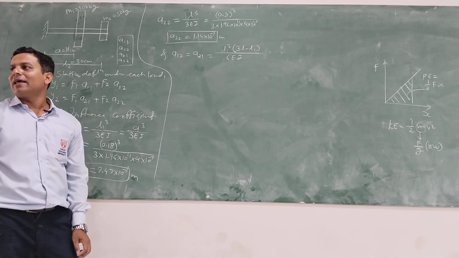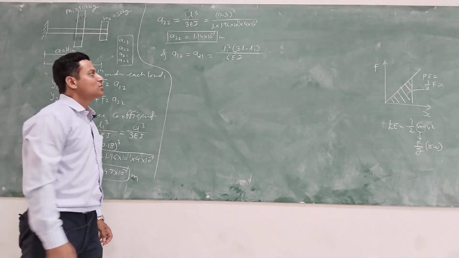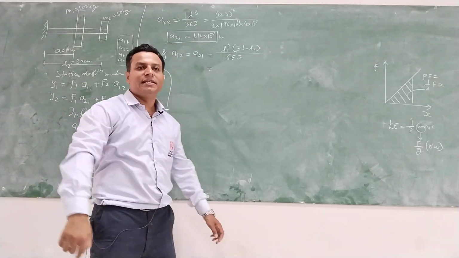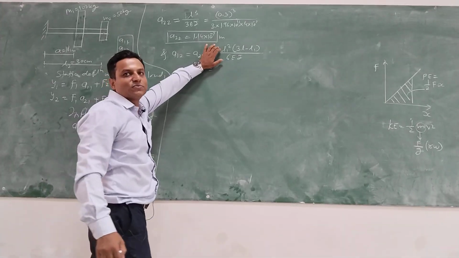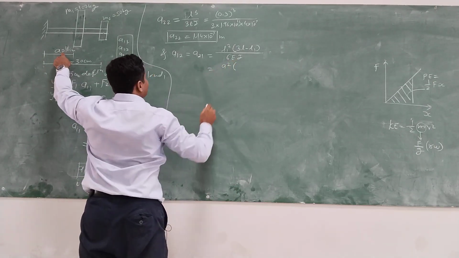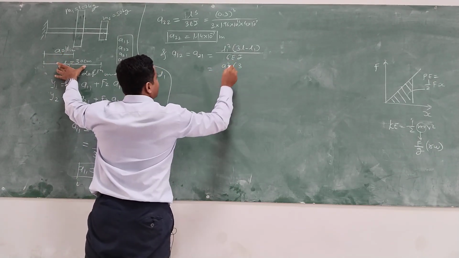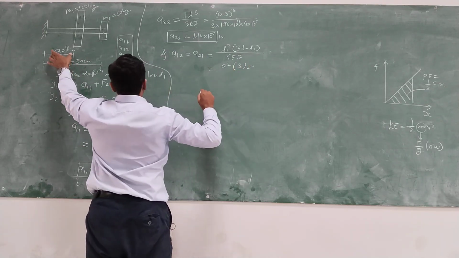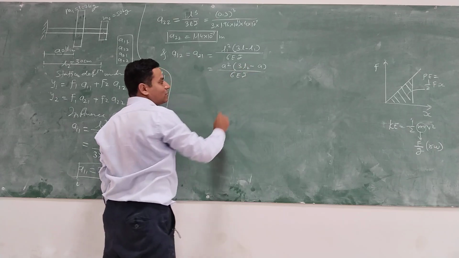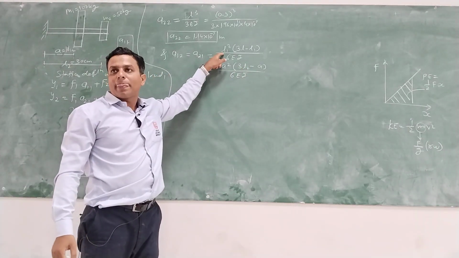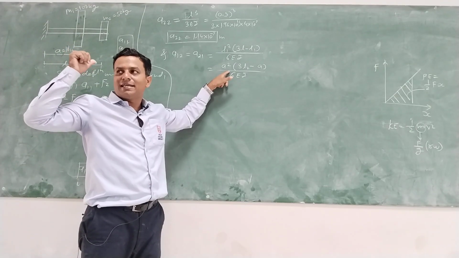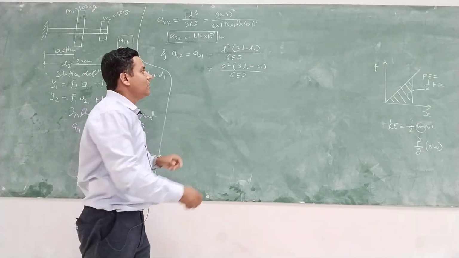You have written the formula earlier, if you want you can check once. So as per the notification in this numerical, I am going to modify this one. So here L1 is A, so A square into 3 into total length L2 minus A divided by 6EI. So this is the formula I have converted into the notations that we have used in this numerical.